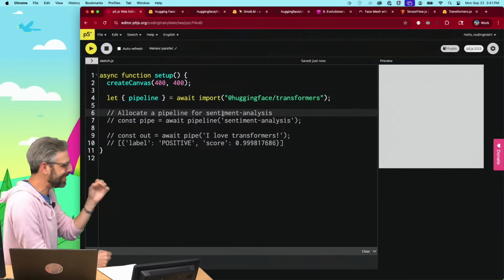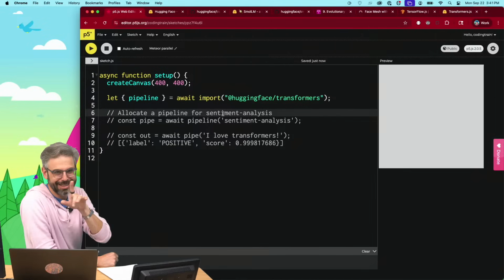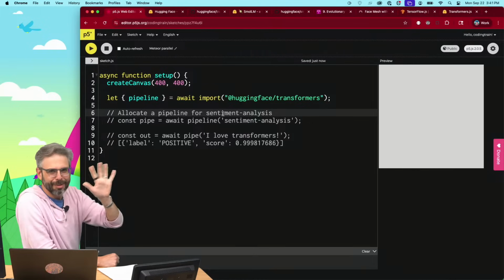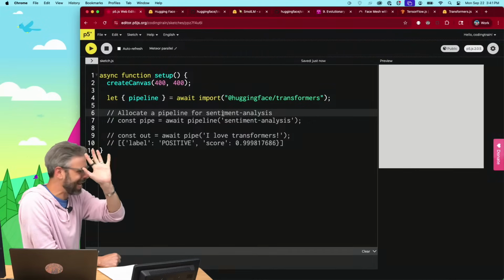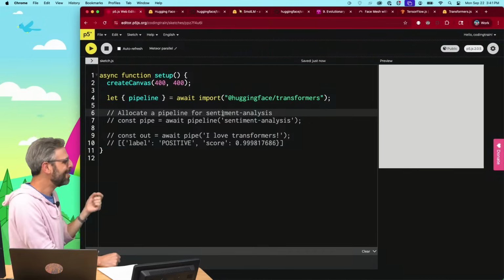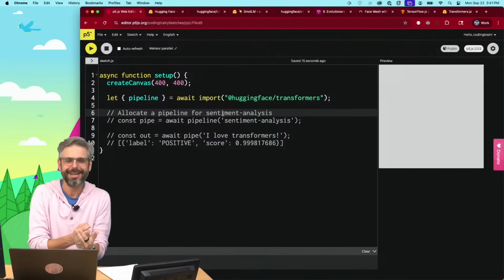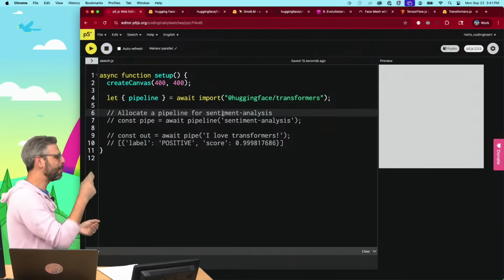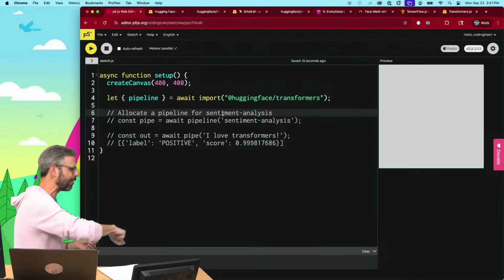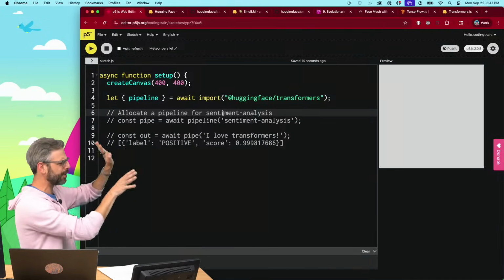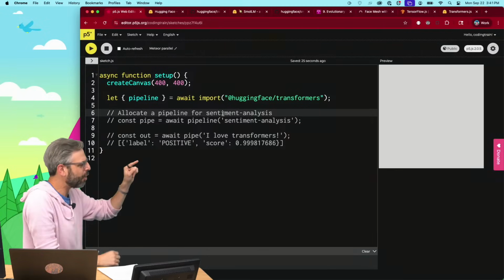Actually, it's not going to work. We're missing a detail. But hold on, I'm going to get to all the points I need to get to. We need to have access to the pipeline in our p5.js sketch. The place we get the pipeline from is the Hugging Face Transformers library. So we're going to import it, and we're going to use await and async to do that. However, this